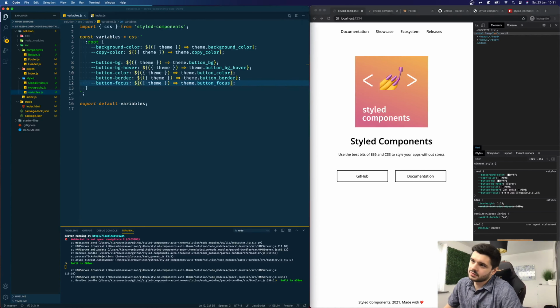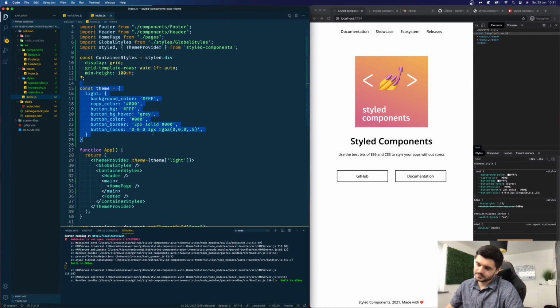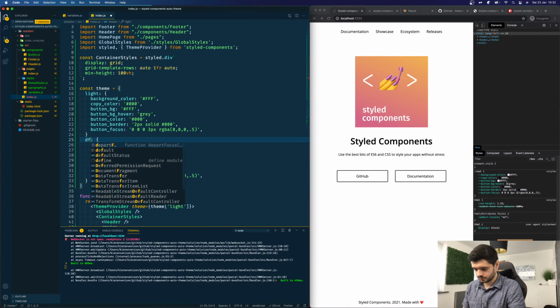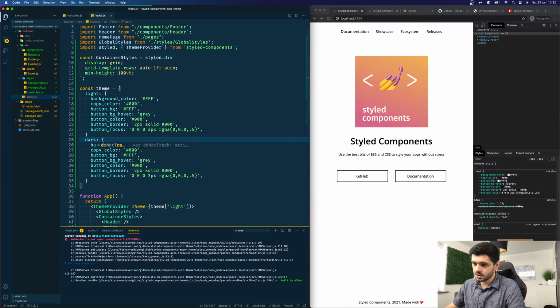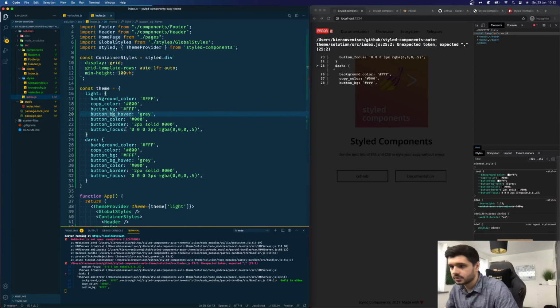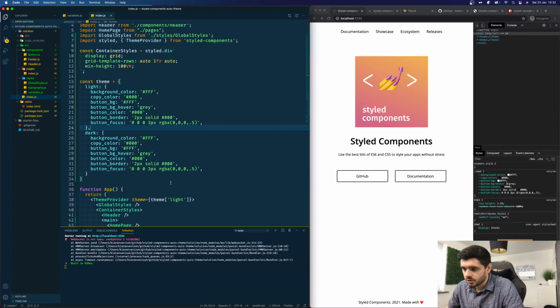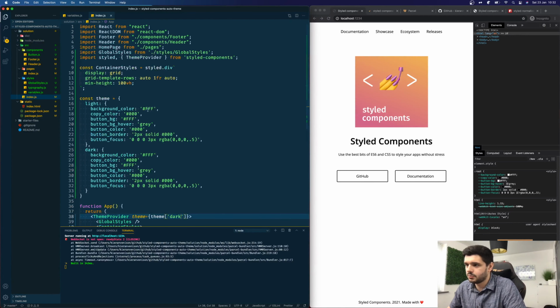So the reason I've done it like this, inside our index.js file for our component, we can now create more themes. So here we can say light, and we can also create a dark. So now we've got that dark theme. Oh, don't forget your comma. We can pass in the theme dark. And although it looks the same, we are now using this dark theme, but we just need to change these